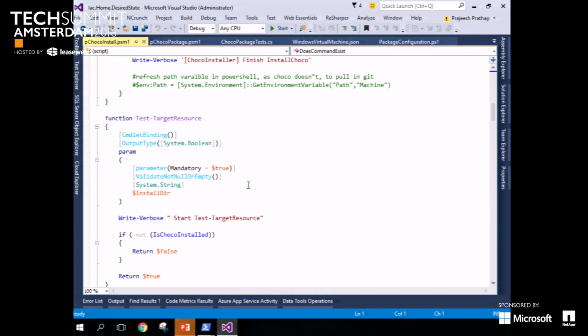Microsoft has provided, and the community has provided, a lot of resources which are available out of the box to do the stuff which is common for all of them. But if there is something specific to your software environment, which is not available in the community or from Microsoft, you can create it. It's pretty easy to do. It's just code, basically. Yeah, you can even hook up a bash script to this. It's not the prettiest solution, but it's a solution nonetheless.